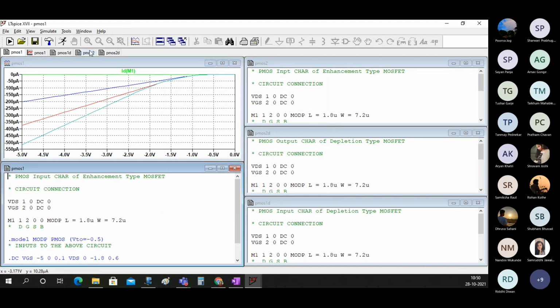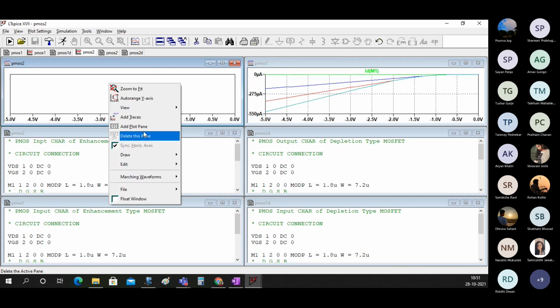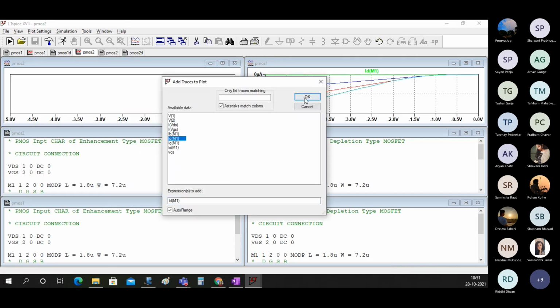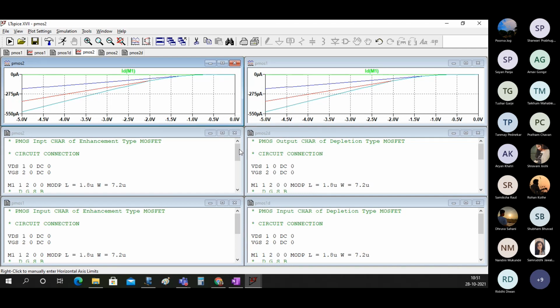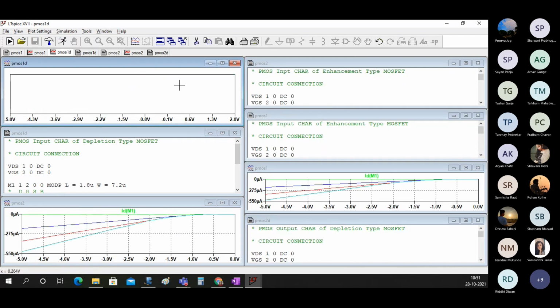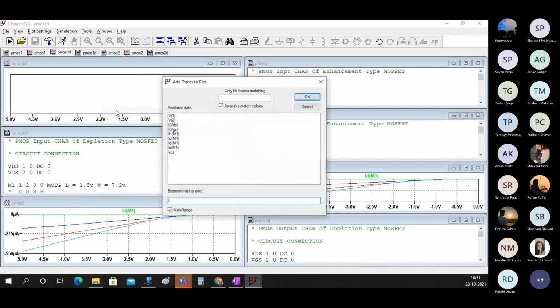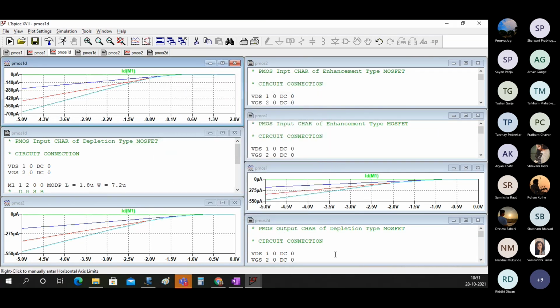So all you need to do is just keep adding. Then PMOS2 will run, add ID, then we will run PMOS 1D, ID, and then we will run PMOS 2D.